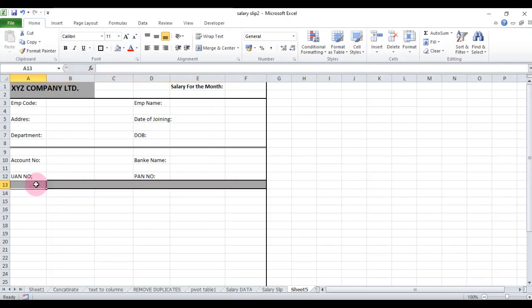Here you type earnings per month. Deductions per month.